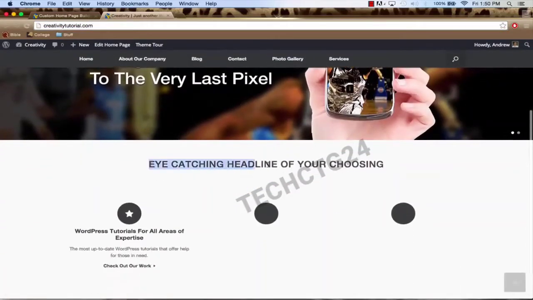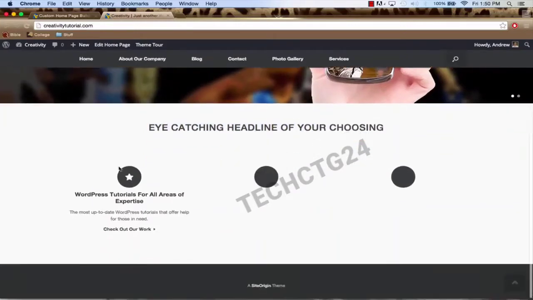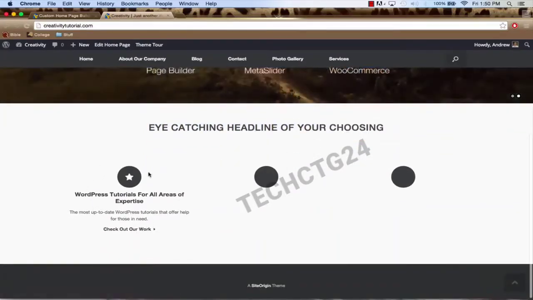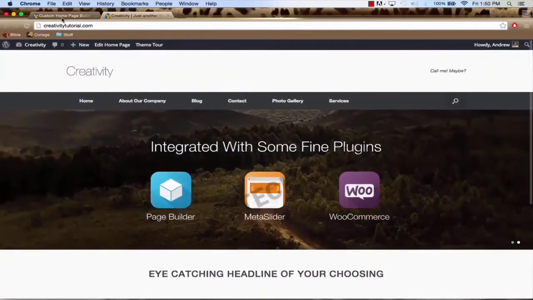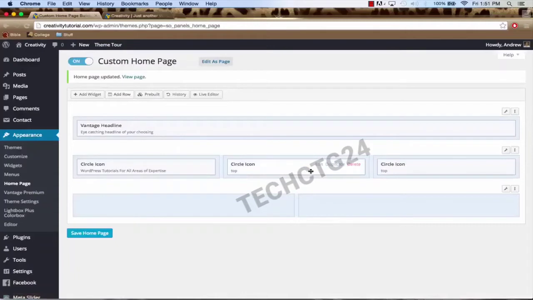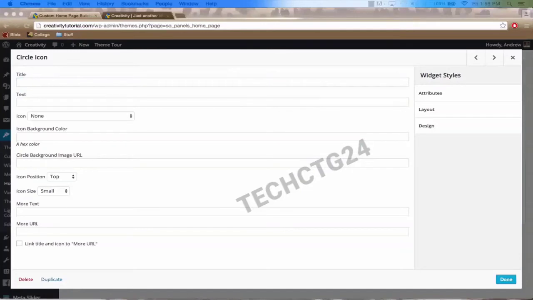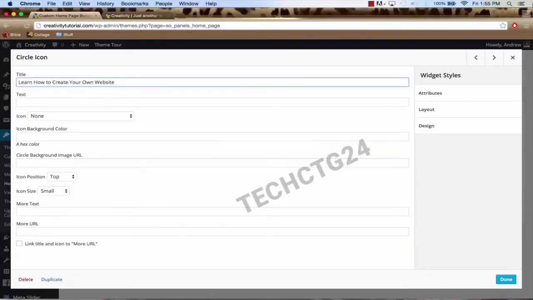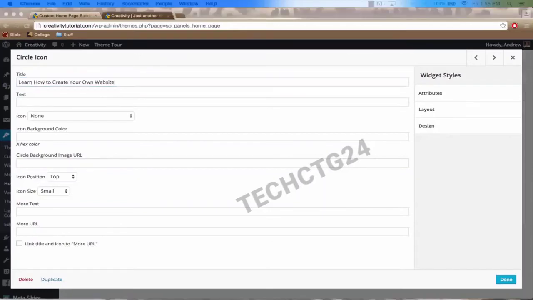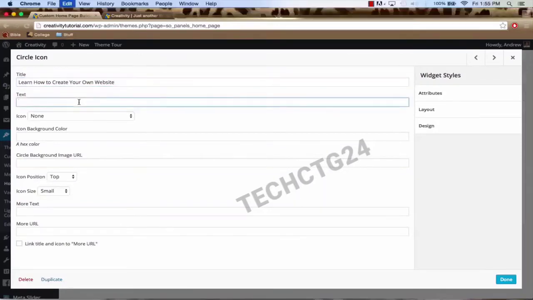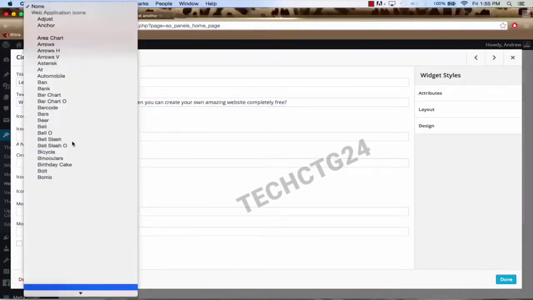You'll see that we have the headline here, and you'll see that we have our first call to action button right here. So let's go back and edit it some more. So now we're going to go into the second block. Click Edit, go to the title, and we're going to put the title of our second call to action button. So I am going to copy and paste what I had. And same thing for the text. And for the icon, I am going to use